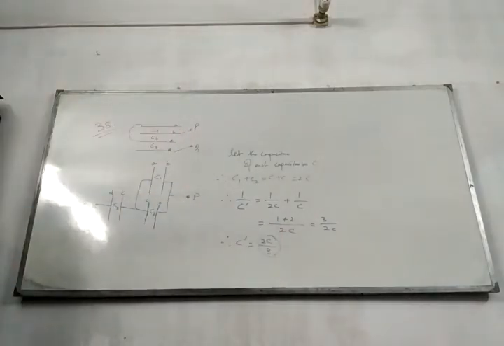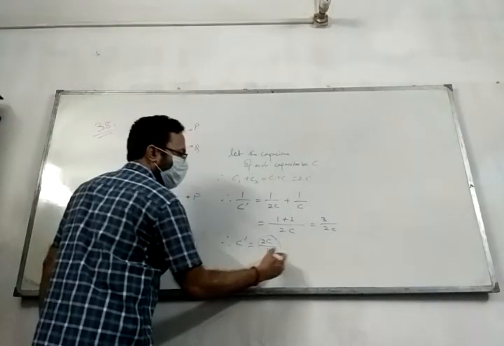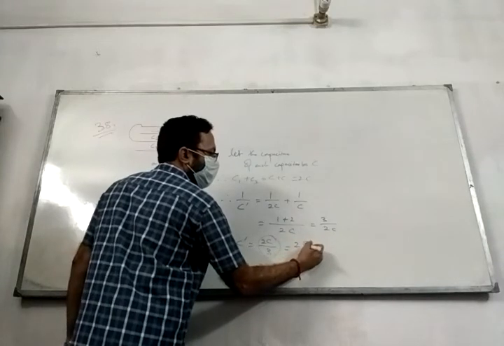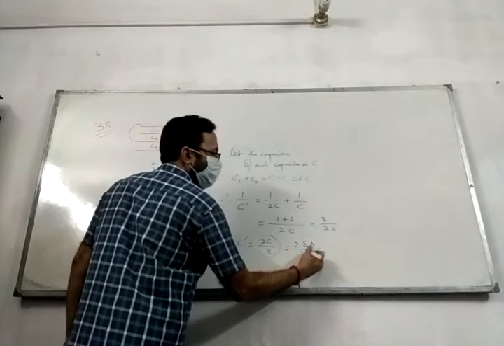And since they have mentioned that the plate area of each capacitor plate is A and the separation is D, you can obviously write this as epsilon naught A by